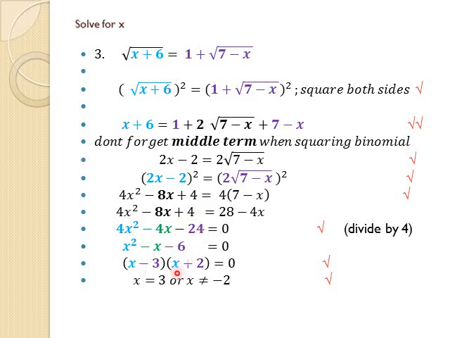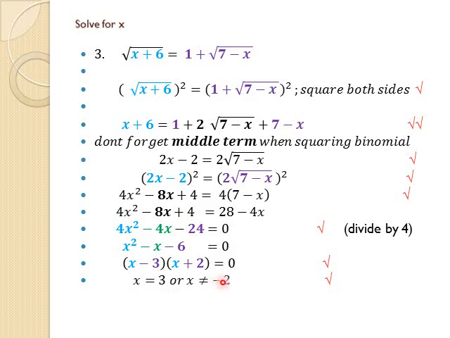So x squared is simply x times x. 6 would be negative 3 times positive 2 to get negative 6. But for minus x, the two closest that are marrying, the two furthest that are divorcing, minus 3x and plus 2x. So 2x minus 3x gives me minus 1x. Therefore x equals 3 or x